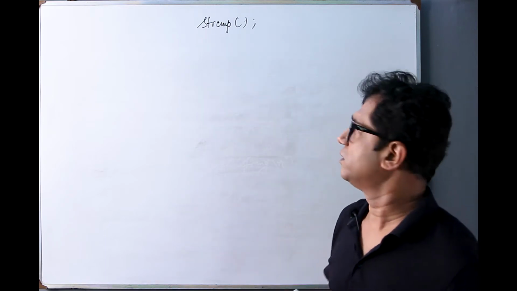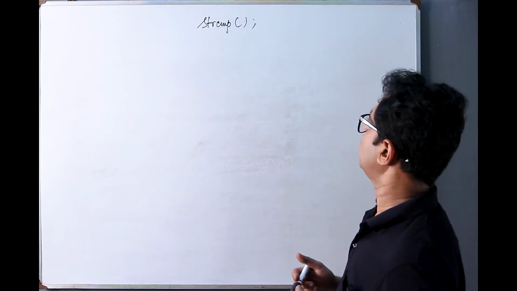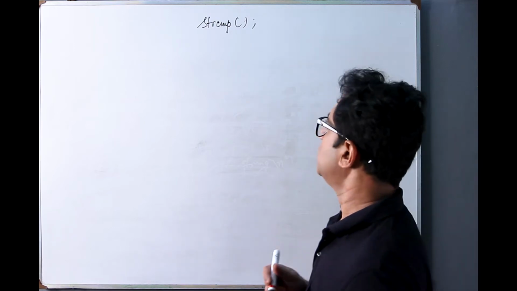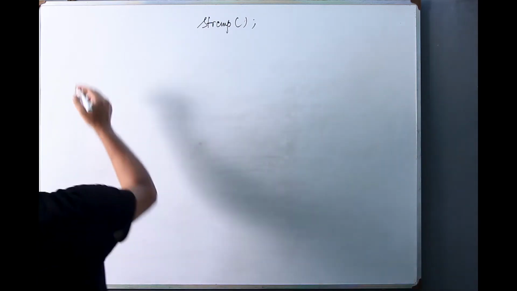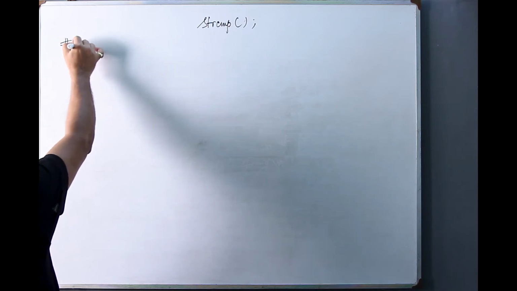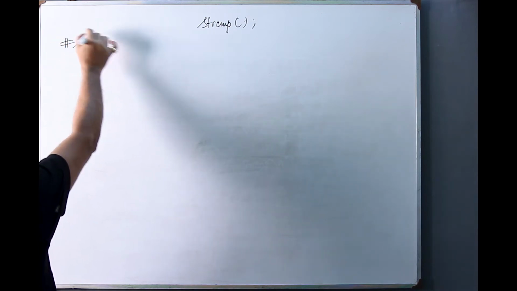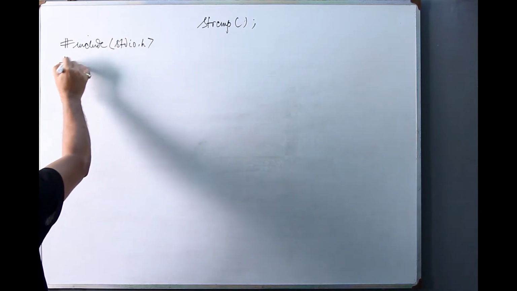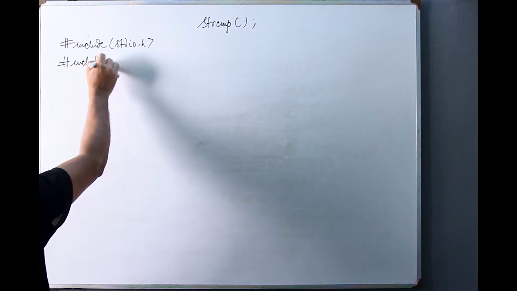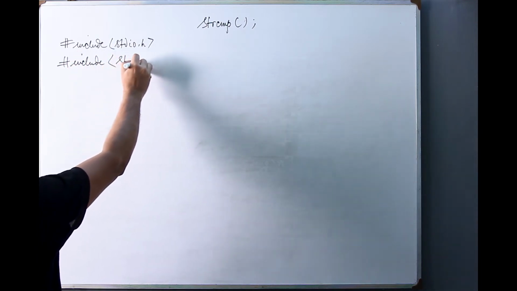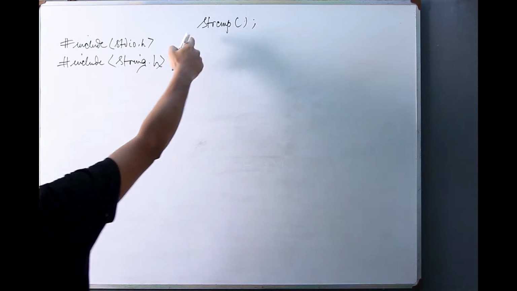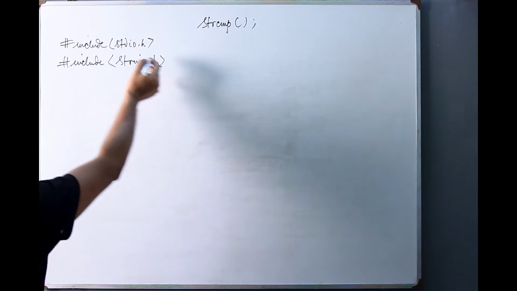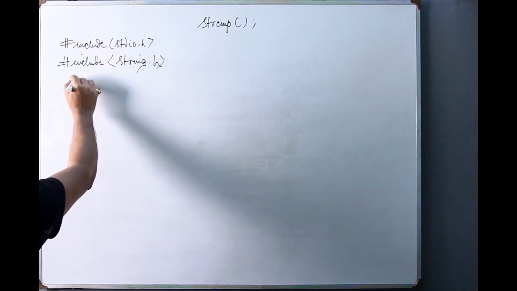So how they return the 0 value and the non-zero value, let's understand it with the help of an illustrative program. So let's get started with writing the program first. Hash include stdio.h, hash include string.h, because we will use this string comparison function, strcmp function. That is also included in this header file. Int main,